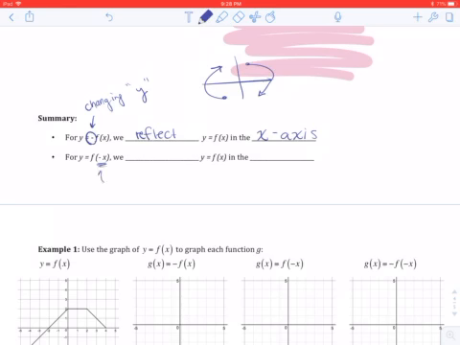If you have that inside, then it's changing or affecting in some way your x-coordinate. And if it was a positive x-coordinate, it's now a negative. And if it was a negative, it's now a positive. We should see it reflect again, but this time across the y-axis. Right? So that's